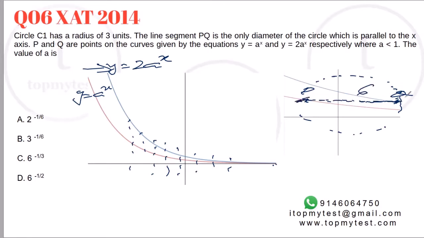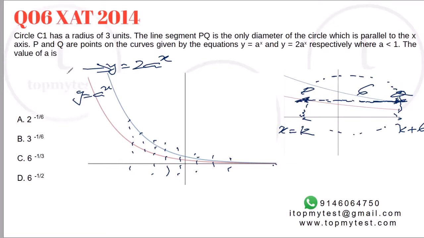Now, how do we measure this? This is the point on the above graph, and this is the point on the below graph. So if the value of x is equal to k here, the value of x will be k plus 6. And the y values will be both equal because it's parallel to the x-axis. So this will be y equals some constant. In both cases, that constant will be the same.